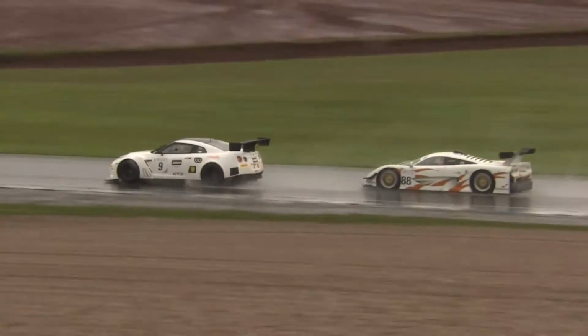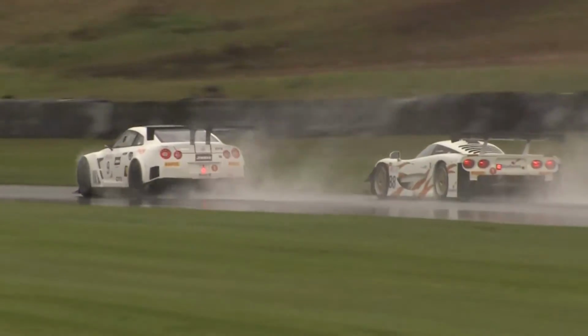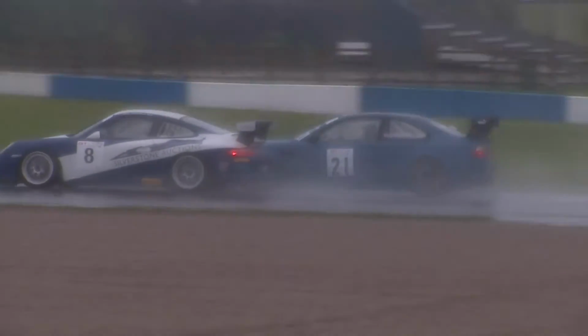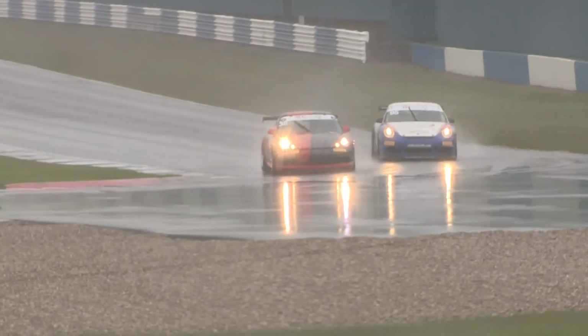What a brilliant move from Benji Hetherington to take the lead of the race. That is such a difficult move to pull off in the dry, let alone the wet. He takes the lead as Harry Wale continues his march up through the field. He is challenging Dan Stringfellow around the outside of Stringfellow. He goes back to the Bentley and Smallwood battle, and still Chris Bentley is able to keep Pete Smallwood at